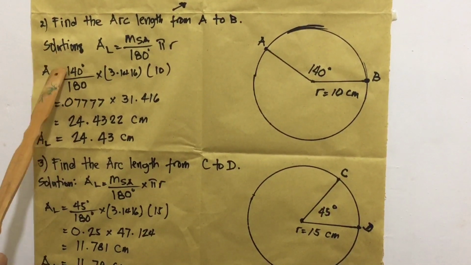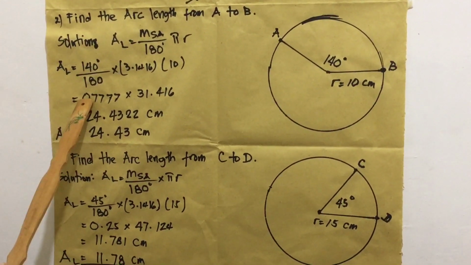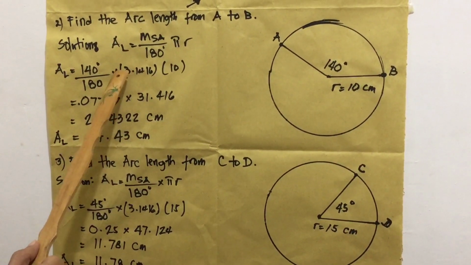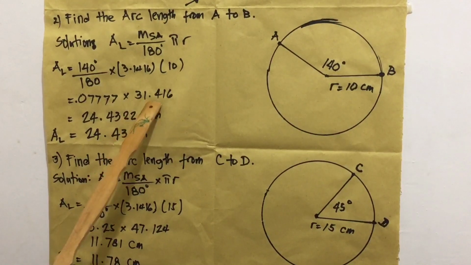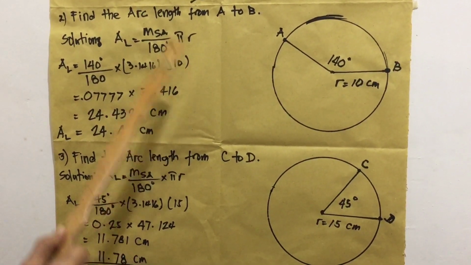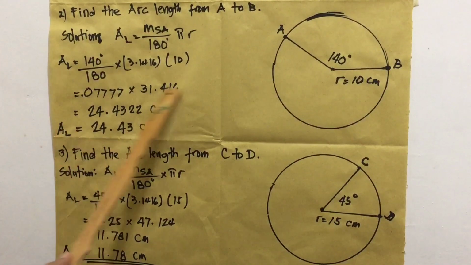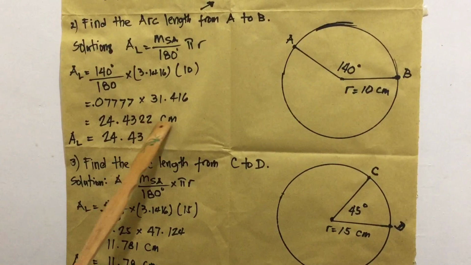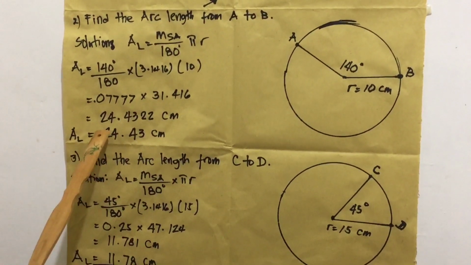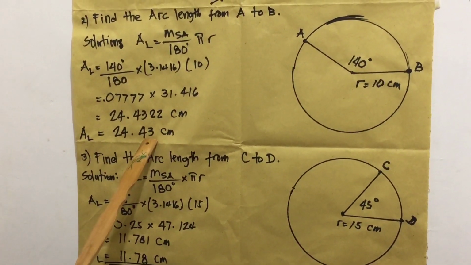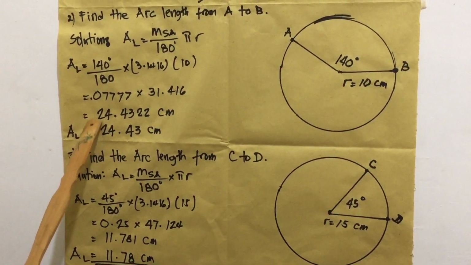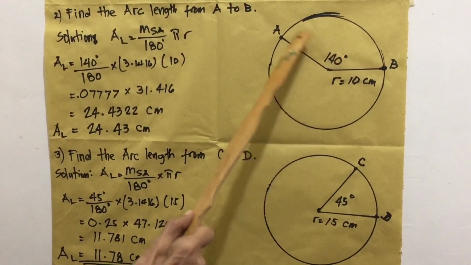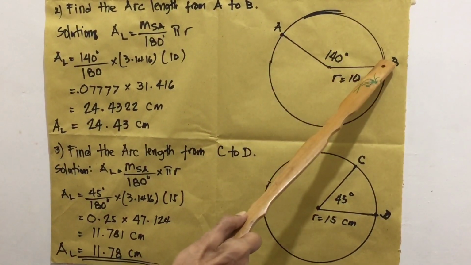Rather, we are going to divide first. 140 divided by 180 equals 0.7777 times the value of 3.1416 times 10 equals 31.416. Then we are going to multiply again these two, and the result is 24.4322 centimeter. Then reduce to two decimal places. Our arc length now equals 24.43 centimeter. So the distance from A to B, or the arc length, is equal to